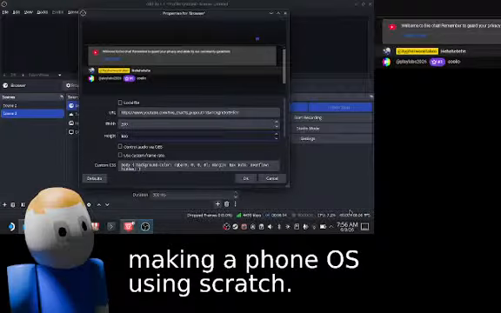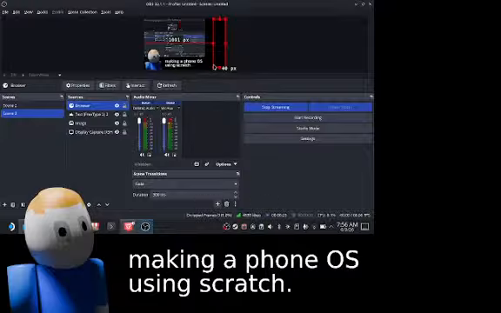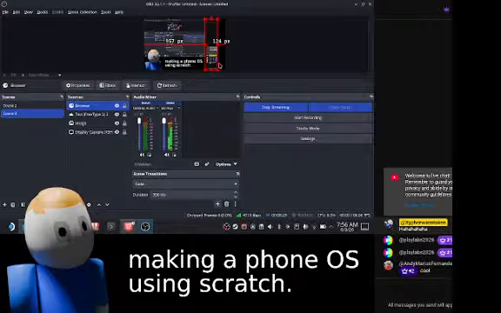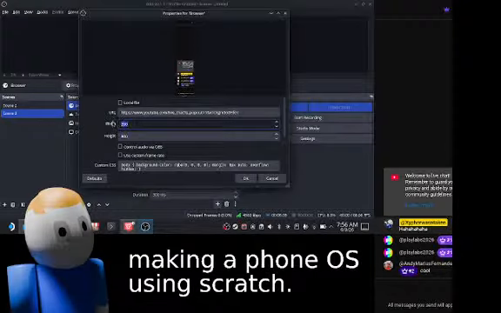And then 800. So yeah, I'm trying to make an OS using Scratch. Like, of course, not an actual OS for phones, because I don't think that'd be the easiest thing in the world, you know? So,